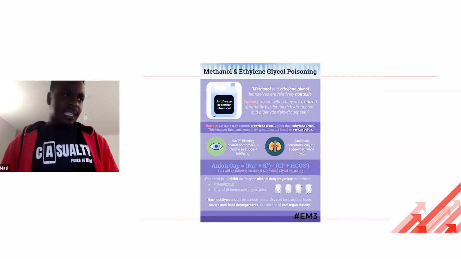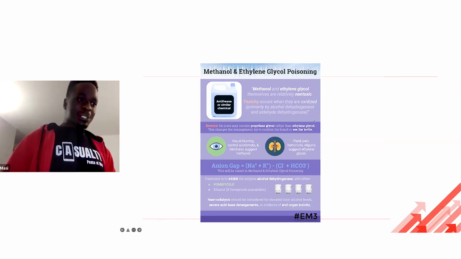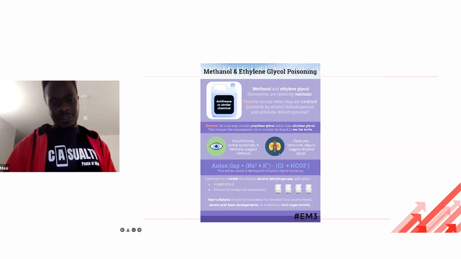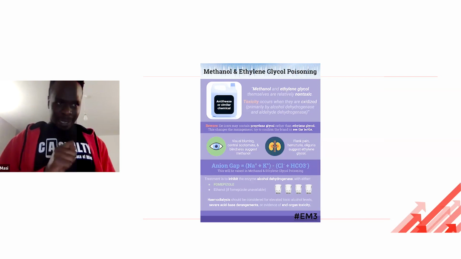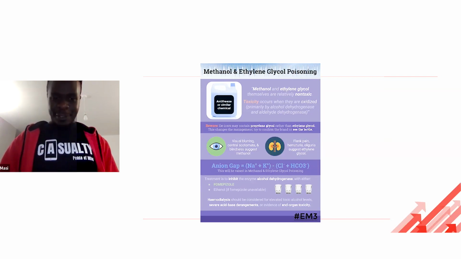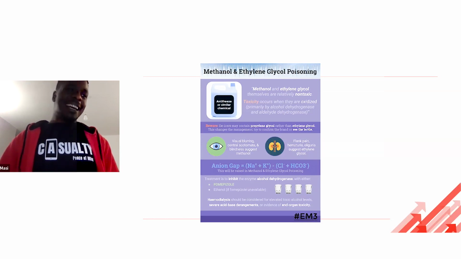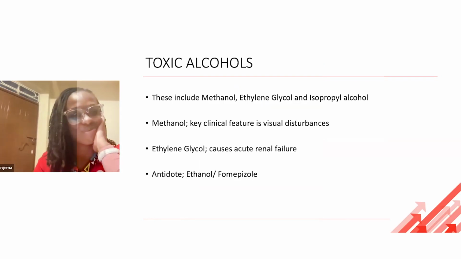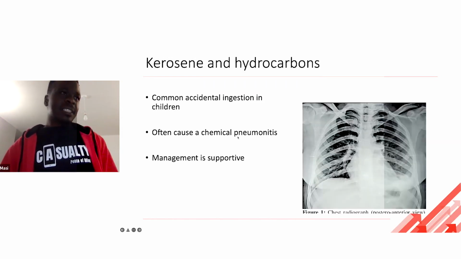Our antidote here is, of course, fomepizole, which is not readily available, but it has been mentioned how we can use ethanol, which is your shots of vodka, to treat this particular condition. Now, always remember to look at the protocols and make proper calculations of your ethanol dosing so that you do not end up killing the patient again with alcohol intoxication. And also keep it in your opioid closet so that it is not abused. Yeah. So those are the toxic alcohols, and we've talked about the antidotes.